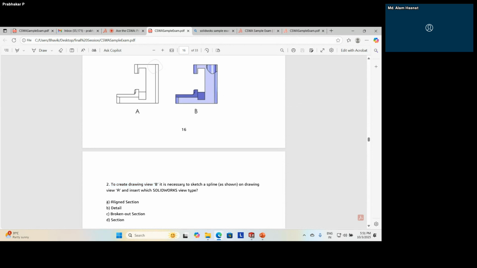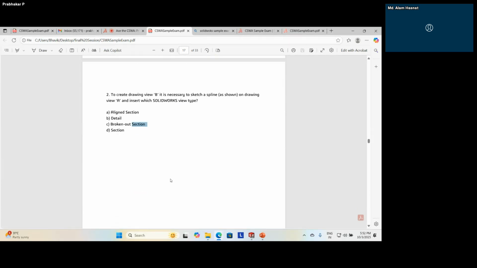There are 4 options: aligned section, detail, broken-out section, and section. The answer will be broken-out section. In a broken-out section, only a small portion of the area is cut and hatched and shown. Whenever hatching comes, you should remember the word sectioning. So the answer will be broken-out section.